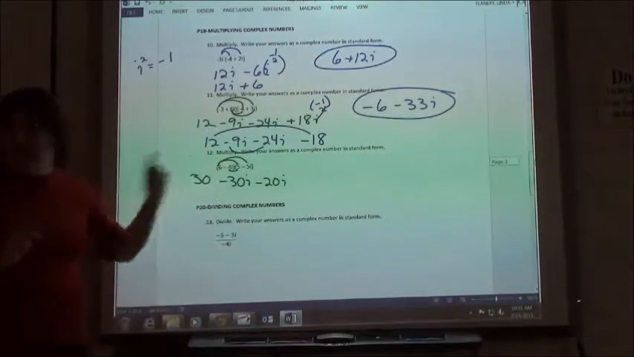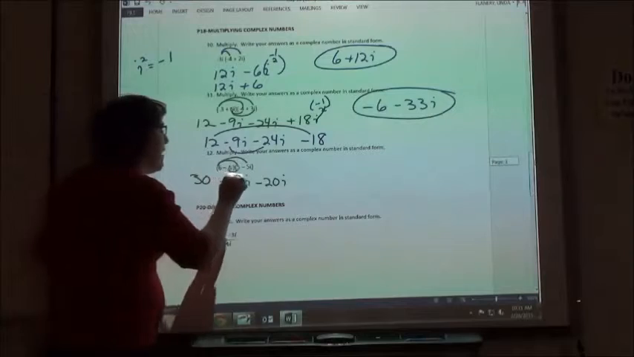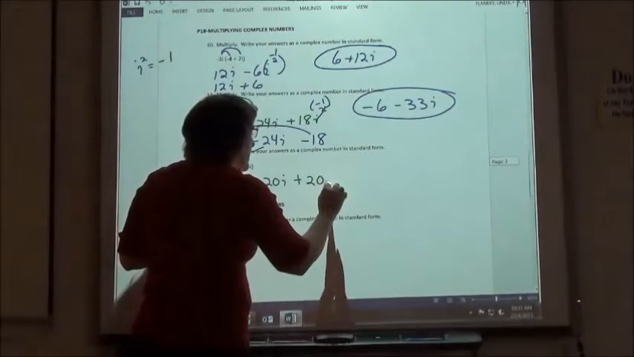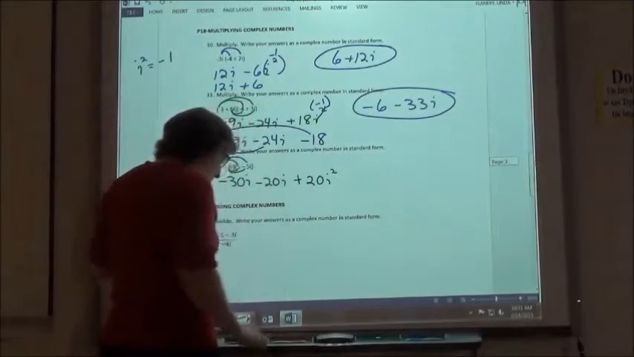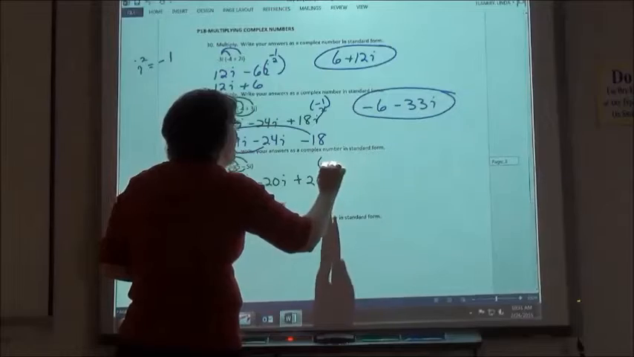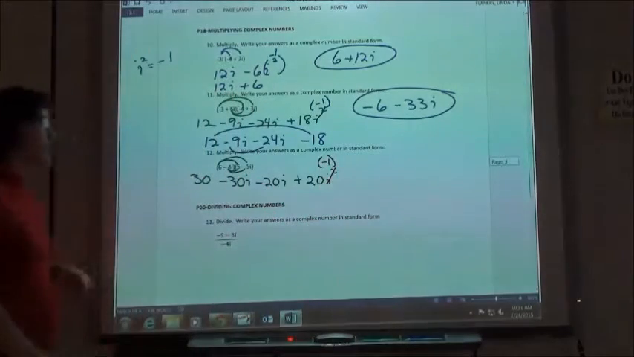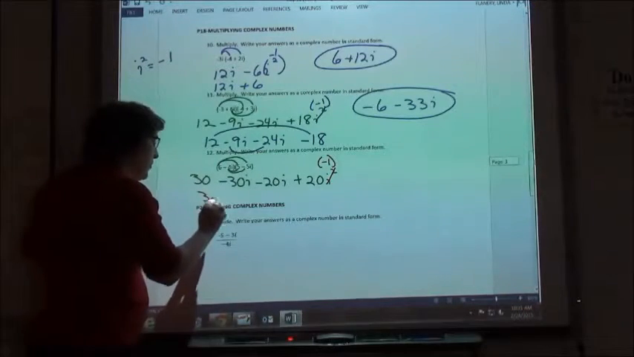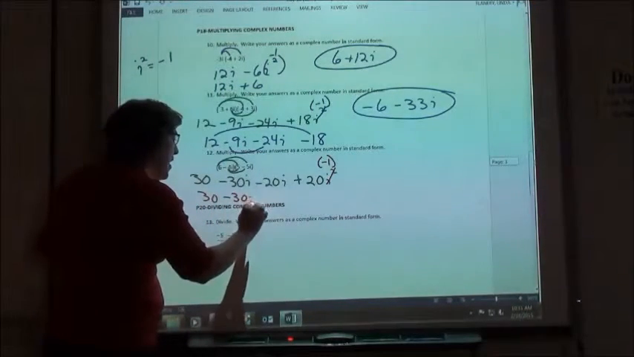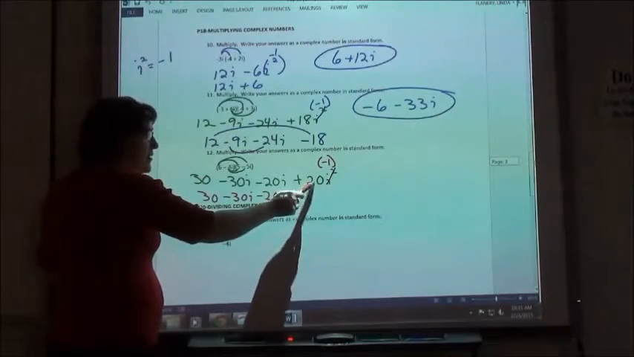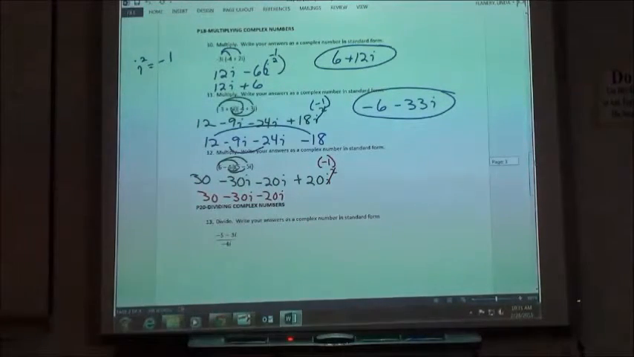That one has an i on it. And then we're going to have plus 20i squared. And what are we going to do with the i squared? Make it a minus 1. So we're going to have 30 minus 30i minus 20i. And when we do a positive 20 times a negative 1,